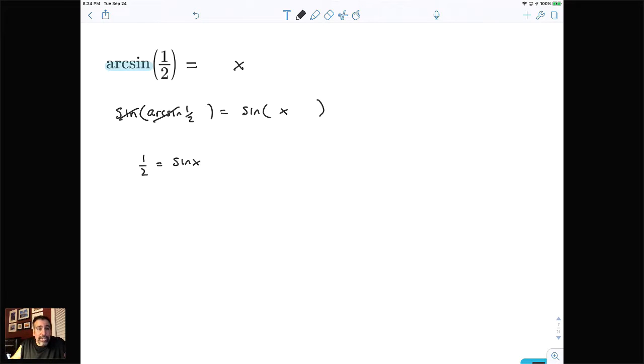My students have a chance of understanding this because we like to go back to the Cartesian coordinate system and think about our triangles in this situation. So I'm looking for a guy who's got a sine of 1/2. What that's going to do is it's going to give me something in that first quadrant, and I'm going to have an opposite side of 1. I'm going to have a hypotenuse of 2, and my students are going to recognize this as a 1, 2, root 3 triangle. And that means I've got a 30-degree angle down there, which means that as a radian, this is going to